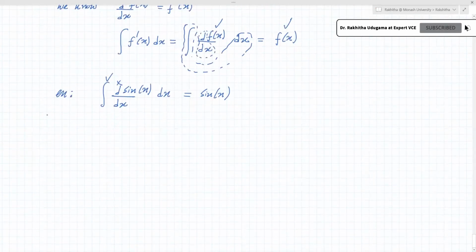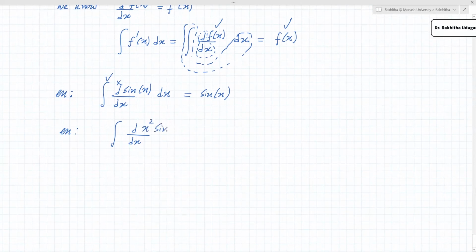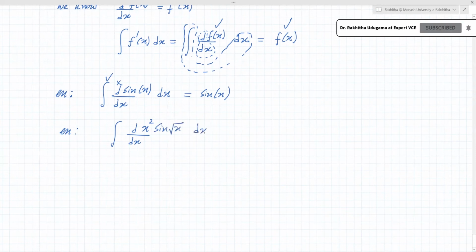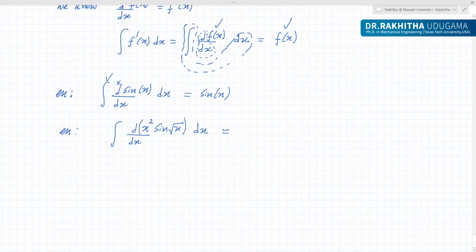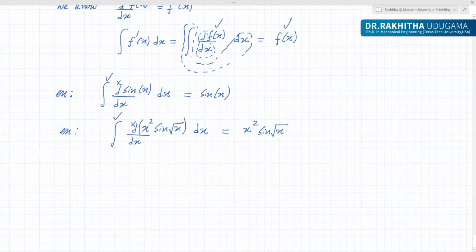So in the exam, you will see situations like this. They will give you a few complicated functions here. Say, for example, x squared sin of the square root of x, something like this, dx. If you get this complicated function here with d/dx and integration, what you have to understand is these two will go, and the output would be the function inside. So if you see this in the exam, don't be scared. Stick with your fundamentals.